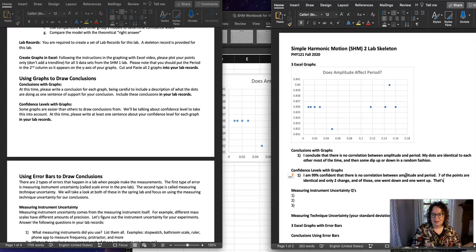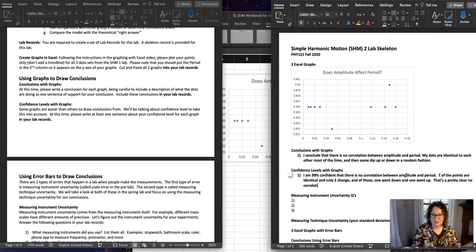That's pretty clear, no correlation to me. Okay, so I'm just being like, this is what I see. This is why I'm so confident. 7 of the 9 points are identical to each other. That is almost perfectly not correlated. So at this time, go ahead and pause and write your conclusions for all your graphs and your